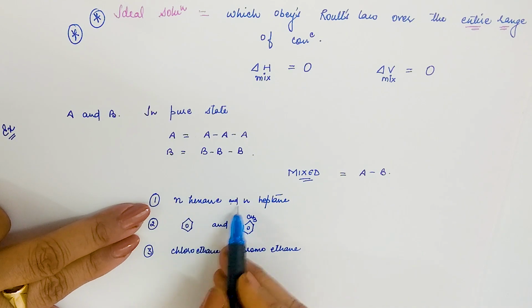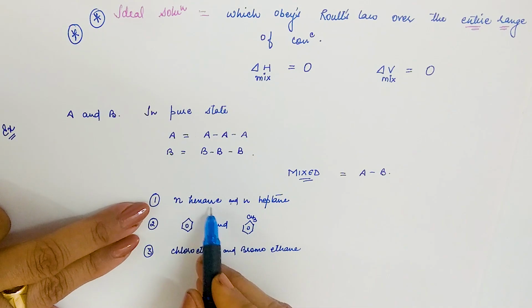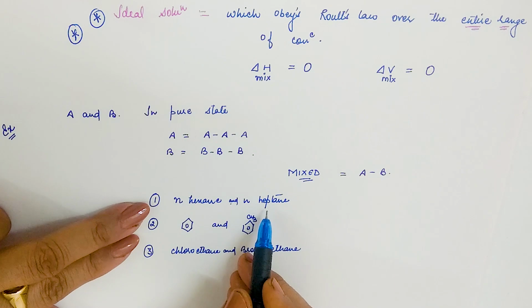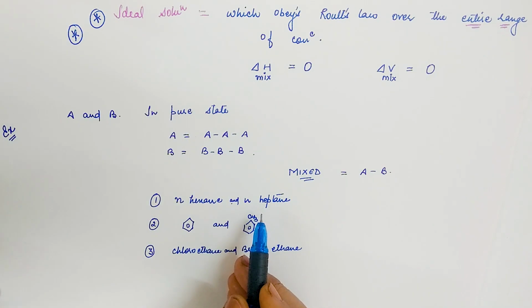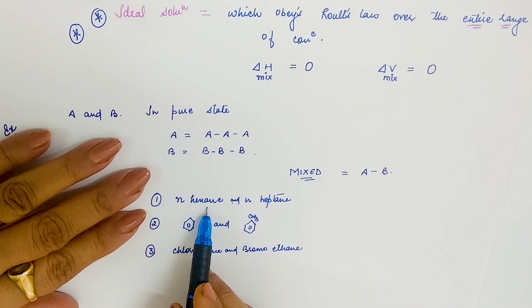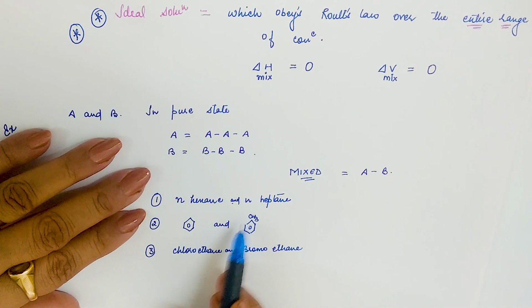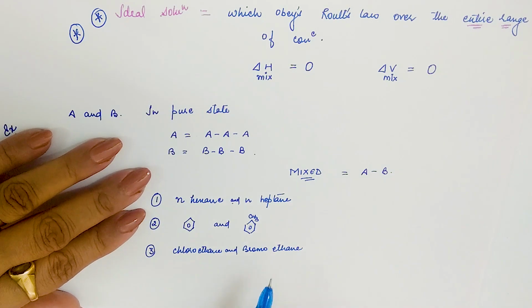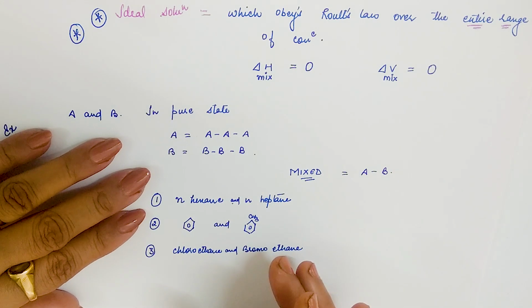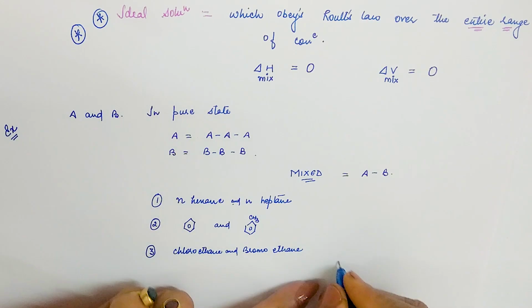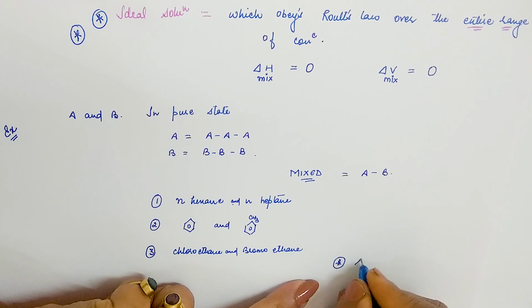Example, N-hexane and N-heptane. It is an example of it because these two components belong to the same class of alkanes and differ by only 1 or 2 carbon atoms. Fine, children? If you say methane and hexane, it is not possible. Hardly there is a difference of 1 carbon atom or any 1 atom. Here, chloroethane and bromoethane can also be an example of what? Ideal solution. So what you can write here, when they belong to the same class,